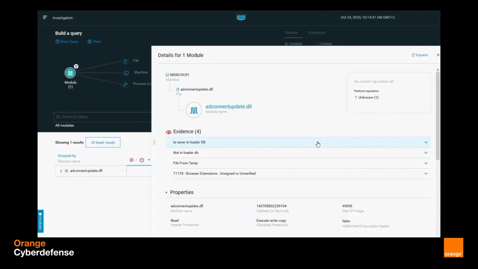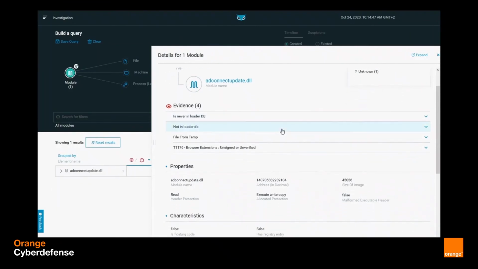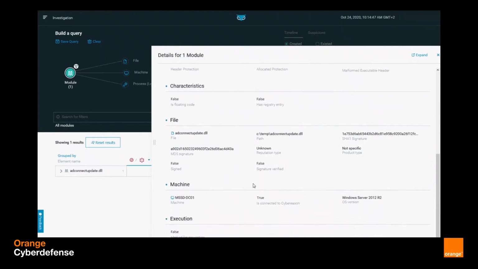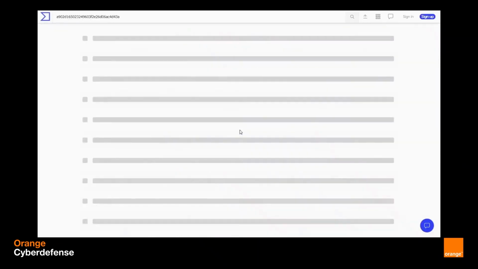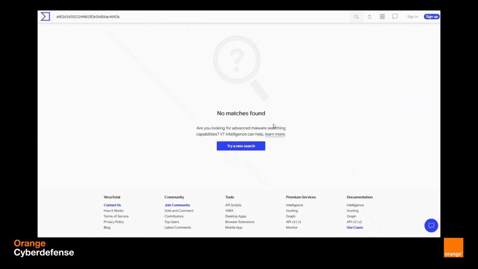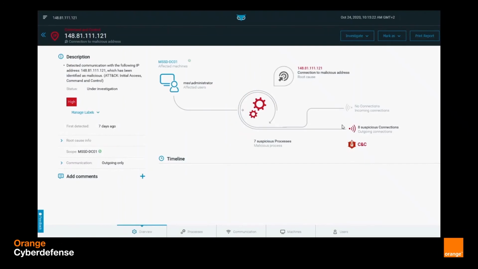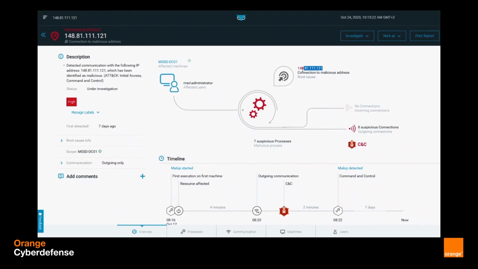Taking a closer look at one of the core modules used within the attacker's malware, just by looking through the information and the evidence posted here, we can see where the file has been executed or located. We also see a hash we can then use to look it up on VirusTotal, for example, where we see no result, meaning traditional signature-based solutions would not have detected this custom targeted malware due to the signature being unknown.